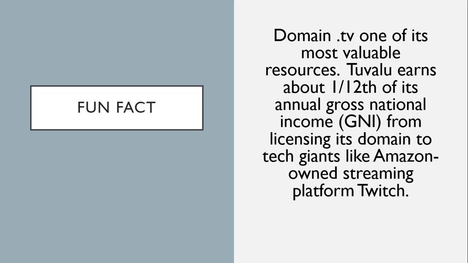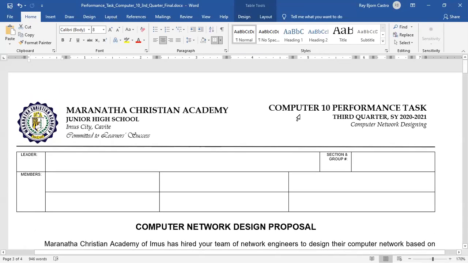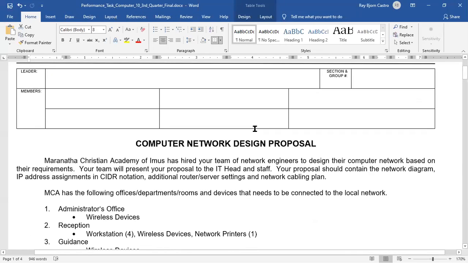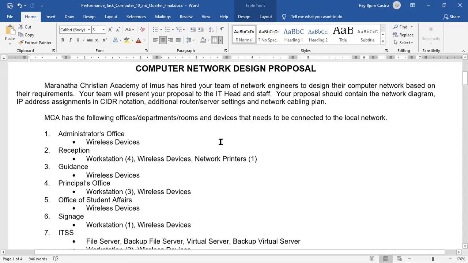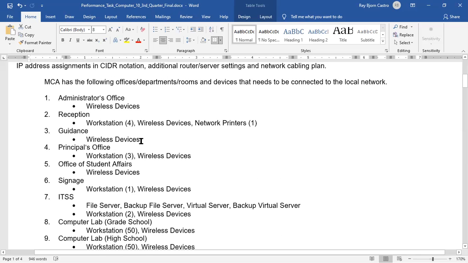So going to your performance task, I've already posted your groupings in the Zoom channel, and the performance task is also posted in your Google Classroom. Pakibasa na lang itong performance task sheet doon. But the gist is you are a team of network engineers hired by MCA to design their computer network. So these are the requirements. You have to connect all these offices, departments, or rooms containing all these devices.